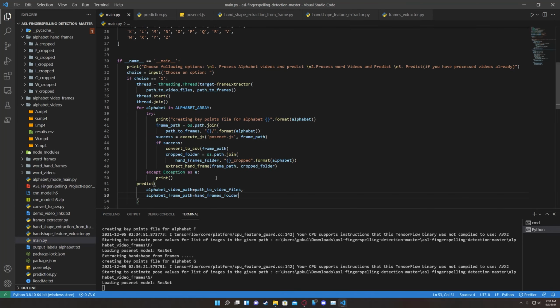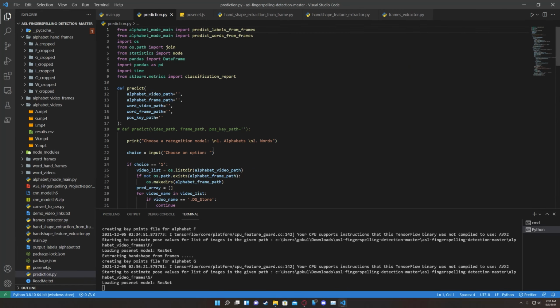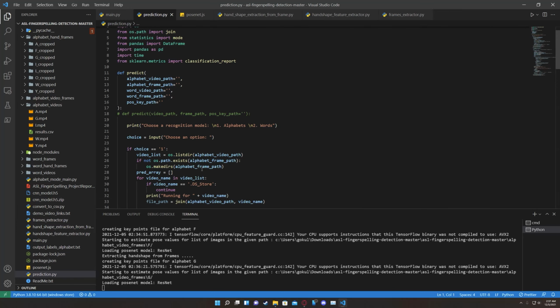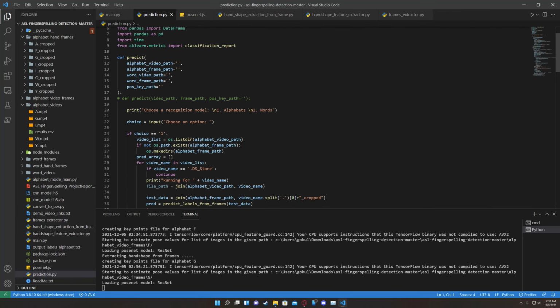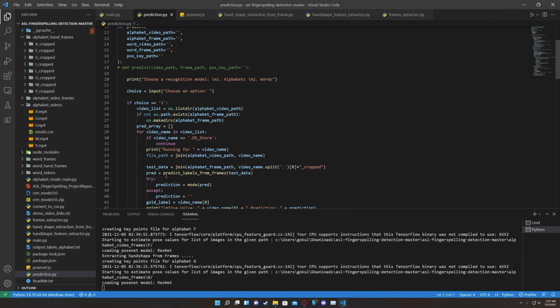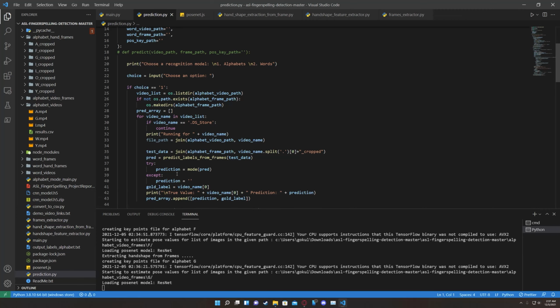Okay, let's work on the predict function right now. Here we have selected a choice, which in turn takes the video list and the prediction array. Here we can see the code for the test data. In this test data, what we are doing is extracting frames for an alphabet from the hands folder. Here we predict the labels from the frames. After the estimation, what we are left with is an array consisting of various scores and labels.